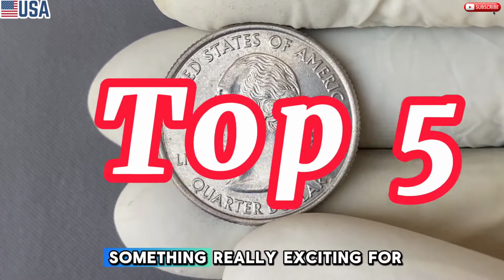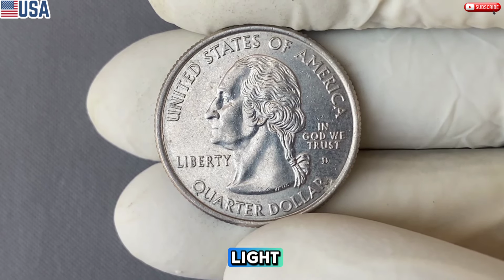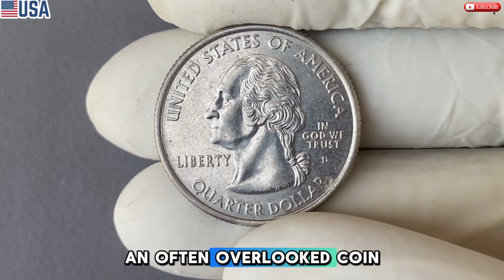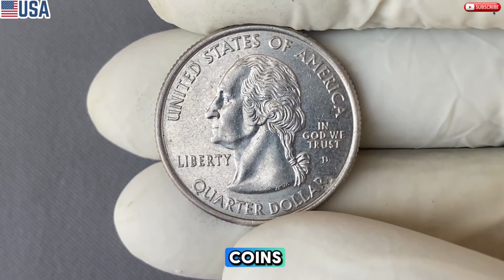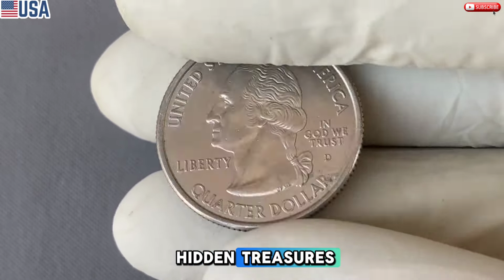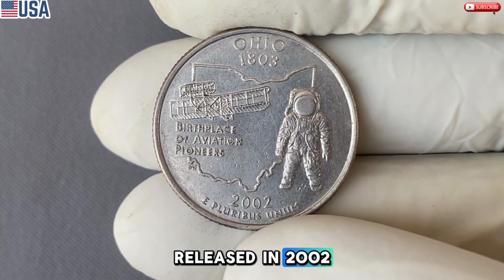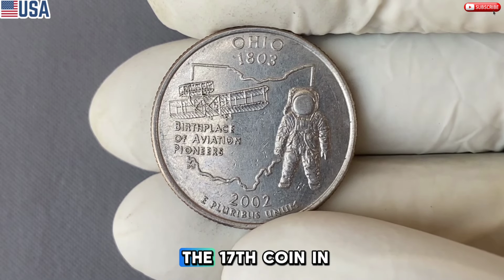Top 5, we have something really exciting for you that could make you look at your spare change in a whole new light. We're talking about the 2002 Ohio State quarter, an often overlooked coin that could be worth far more than you ever imagined. If you're into rare coins or just love discovering hidden treasures, stick around because this one's going to blow your mind. Released in 2002 as part of the 50 State Quarters program, the Ohio quarter is the 17th coin in